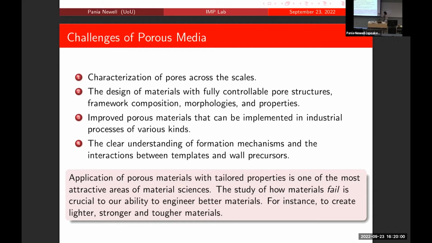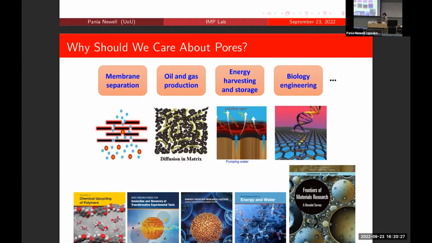After all, material scientists, including engineers, we want to have materials that are stronger, and most of the time we want them lighter and tougher, right? So if you talk to NASA folks, they are always working on creating new materials, and any other material scientists, I guess. So porous media and tailoring properties based on their structure has been one of the challenging areas of material sciences.